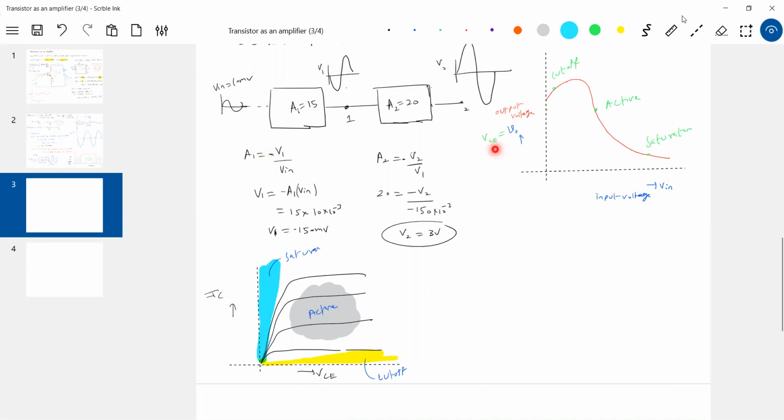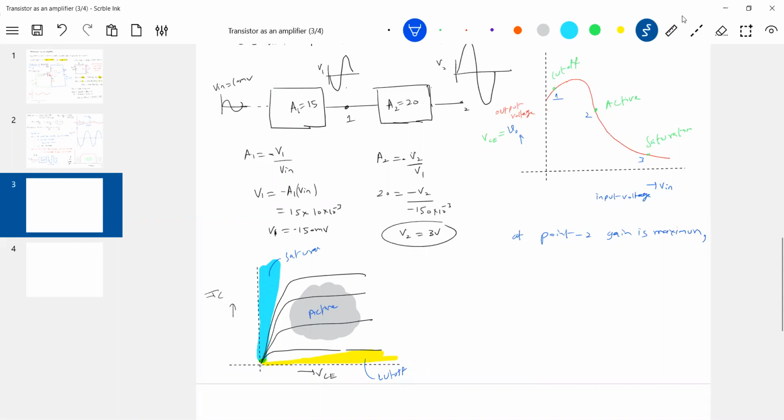You can do it like this also when you plot VO versus VIN. For different voltages, as you keep on increasing. Again, don't make this 5 volt, it's not possible. We don't get that much input voltage. When you increase the input voltage, say 1 millivolt, 2 millivolt, 3 millivolt, 5 millivolt, then plot the corresponding output voltage. The curve will be like this. Then here the gain is maximum, at point 2. Therefore, I'm going to use this particular point, and it is an active region.